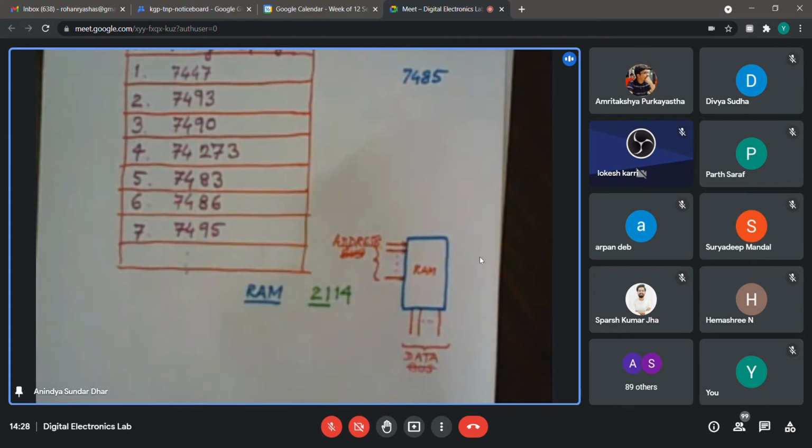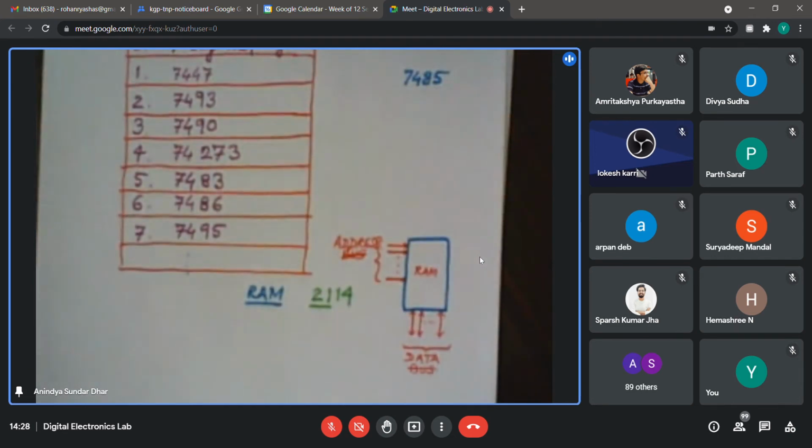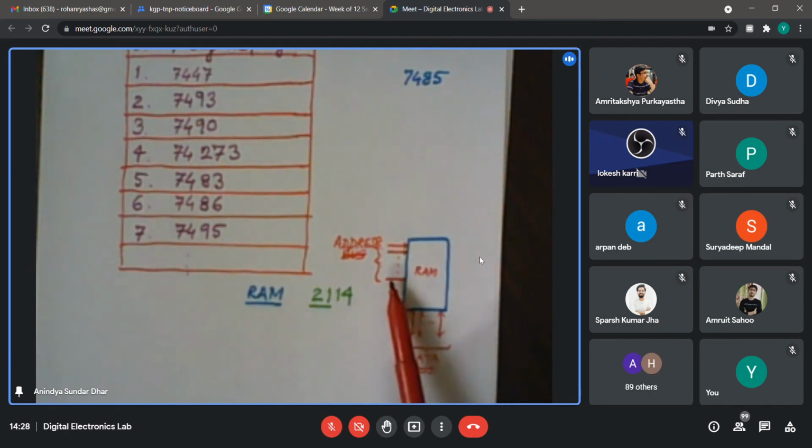Now, in most of the RAMs, I think there are exceptions as well, you will find that these lines are bidirectional. Address is certainly an input to the RAM, right? While the other one, the data line, is different, because for a RAM I need to write something into it first, and only then will I be able to read it. Every time I switch on the power, it doesn't contain any significant data. I have to write the data first. While the power remains on, I can access the data by looking into the appropriate addresses.